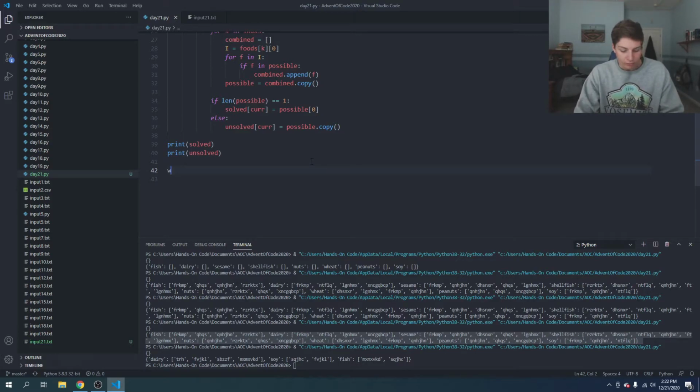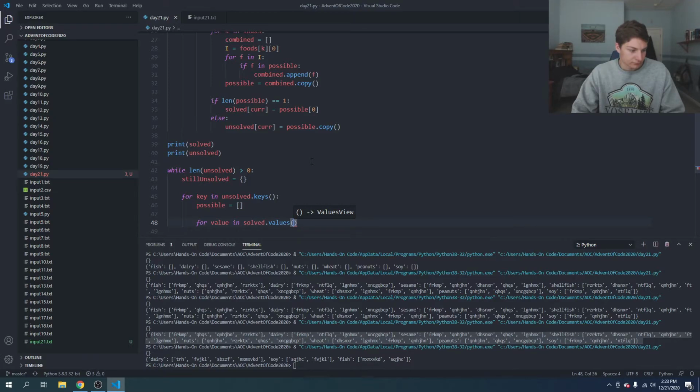So we will say while length of unsolved is greater than 0, still unsolved is going to be another list, and then we'll say for K in unsolved dot keys, the new possibilities are going to be an empty list, and then say for value in solved, unsolved key,